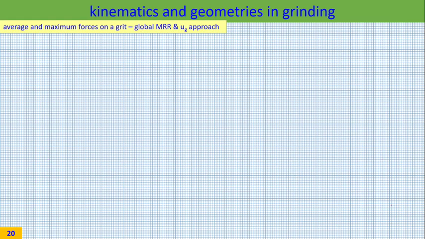Now let us come to our hypothesis that if you know your chip load, if you know your HM, then you would be able to know certain things. For that, let me write something which is the global MRR and UG approach. UG equals FT into VS divided by A into BW into VW. This is the well-known equation. After that, I am going to write something. This particular part I will keep aside.